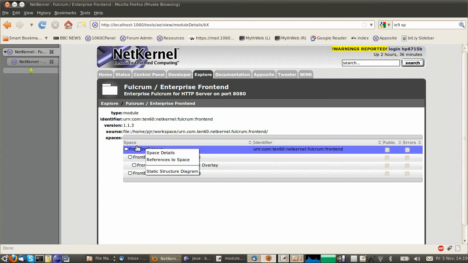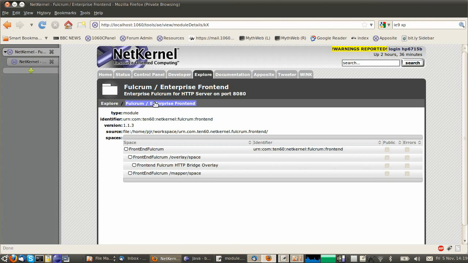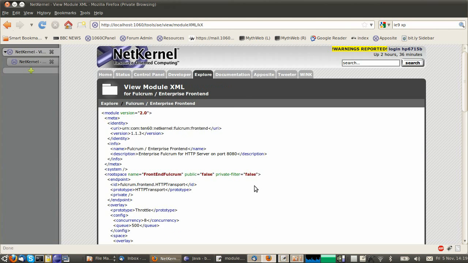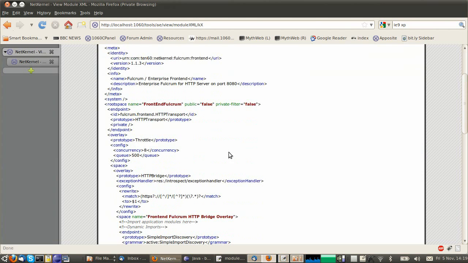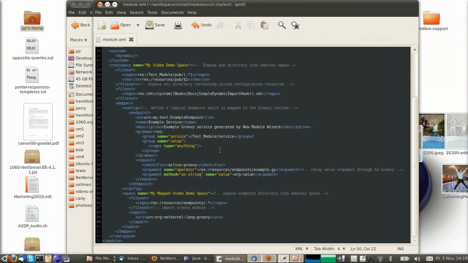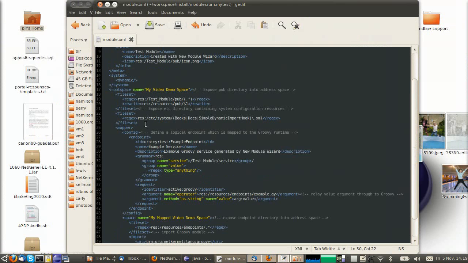And so now I want to actually look at the module XML for this, so I can see the details of how the throttle is being used. And we see here there's a declaration of an overlay, and it's a throttle overlay with a configuration. So I'm going to grab that now, take that as my working piece of code that I think is going to apply a throttle, and I'm going to introduce it